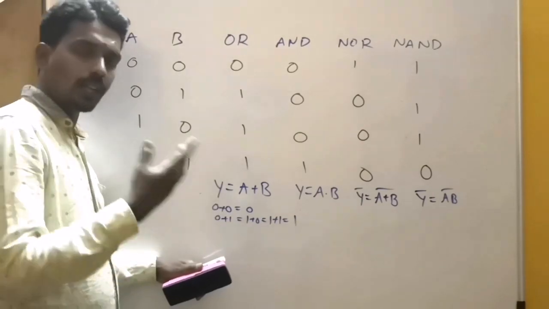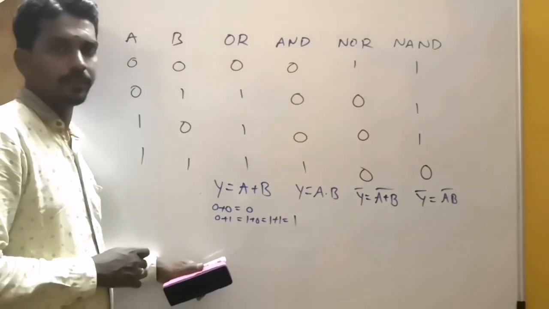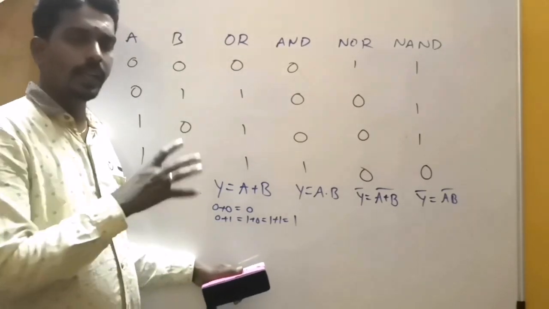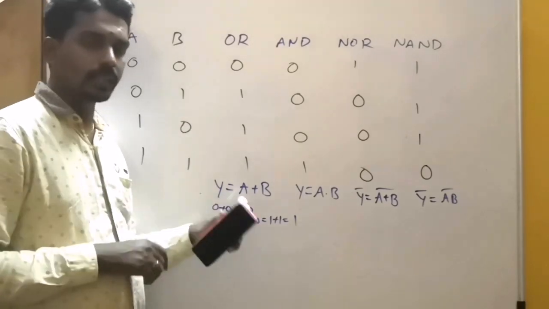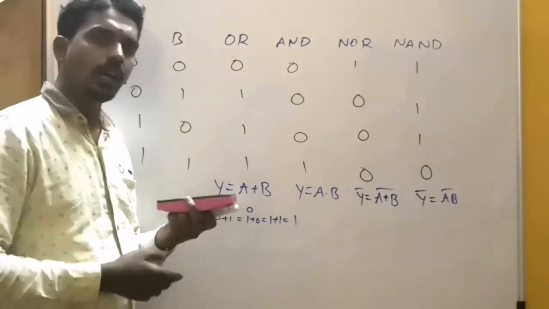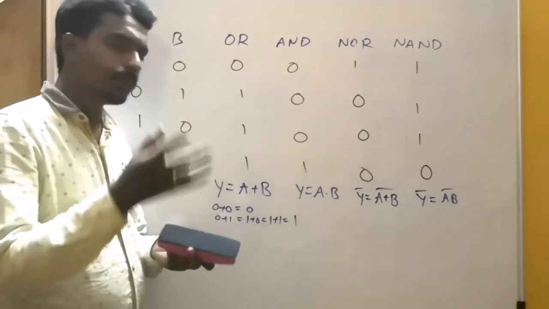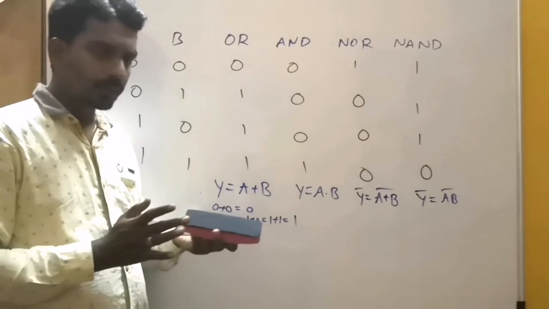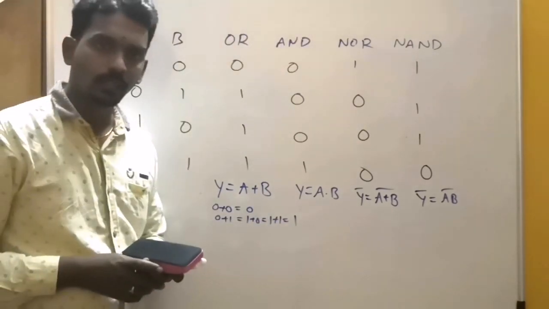Based on this Boolean expression also, questions will come. How and what type of questions will come, all those things we will study. So this is the basic idea of the different types of gates. But one more gate is there, the XOR gate, which we will study in the coming class, because it is a combination and it depends on the Boolean expression also. So today, understand and practice these gates only. Thank you.